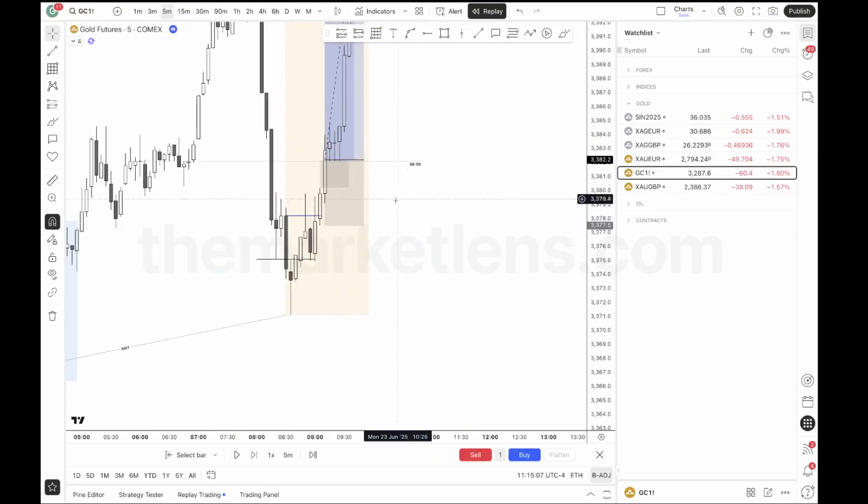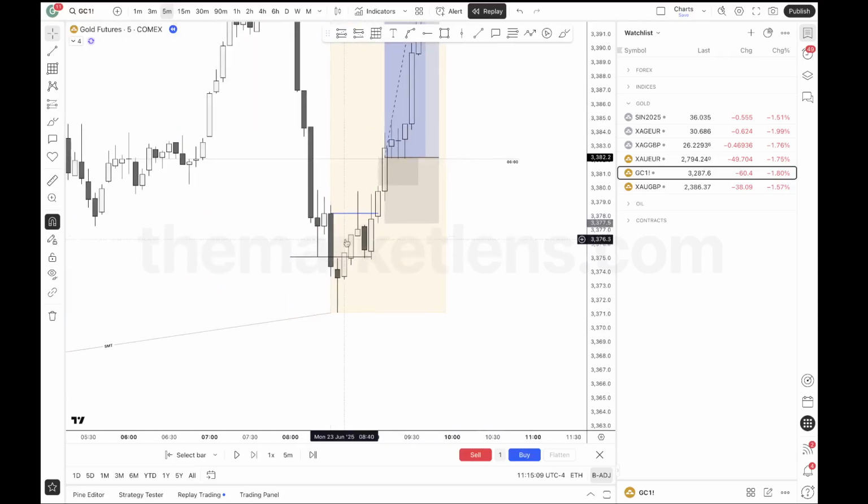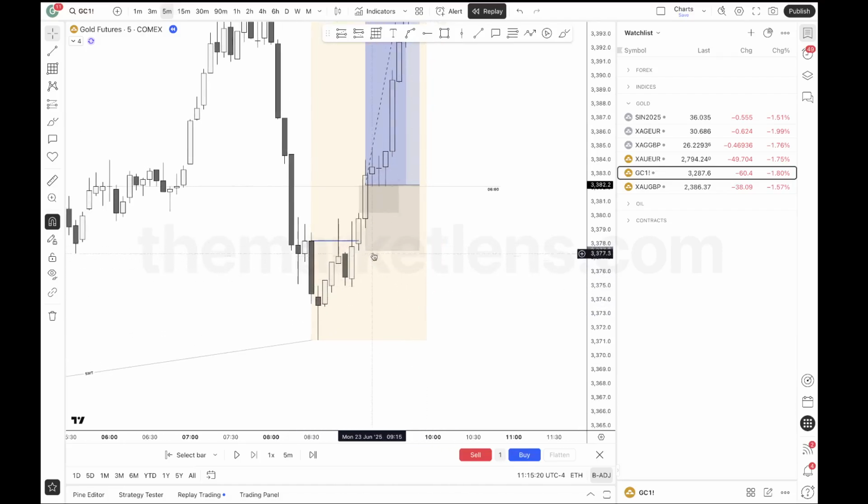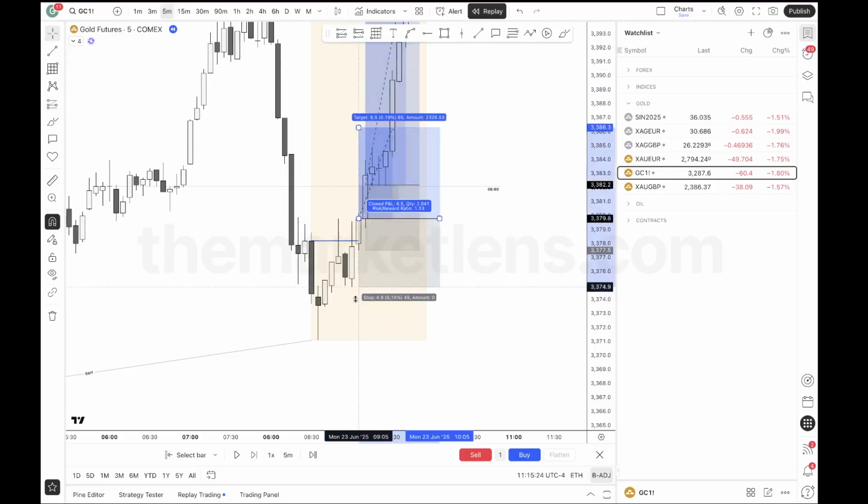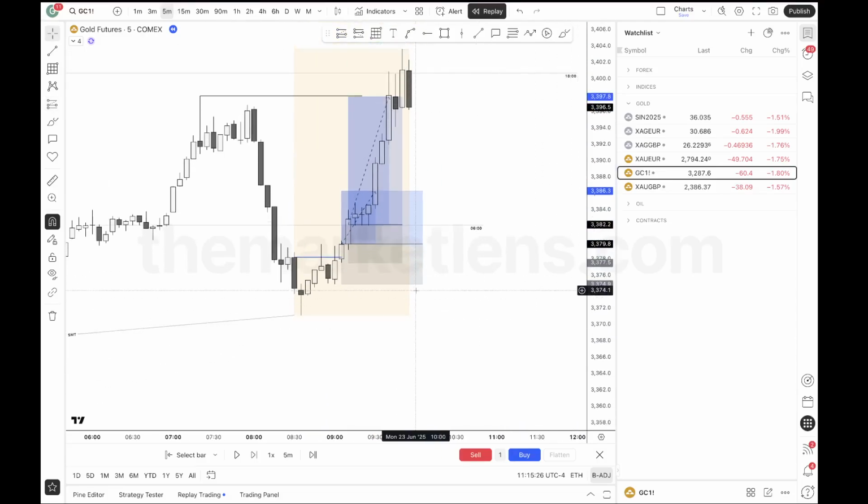But there was no CSD within candle 2, so candle 3 has to create the CSD, right? So here's your CSD. I'm just using the 3-minute or the 5-minute because it's a lot cleaner. It's basically just 2 opposing candles, very clean. And then we get that CSD. So ideally, you guys enter here, ideally. This is where you ideally enter, but I missed this.